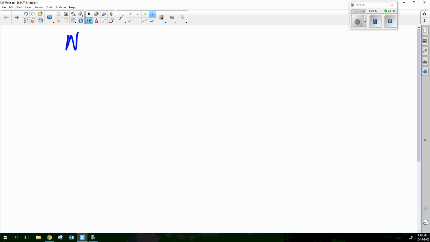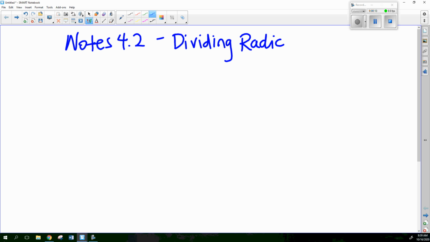All right, notes 4.2, dividing radicals. Dividing radicals, okay? All right, so it's similar in a sense to multiplying because the radicals